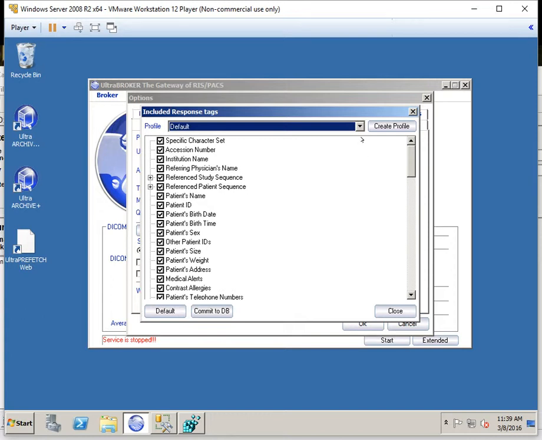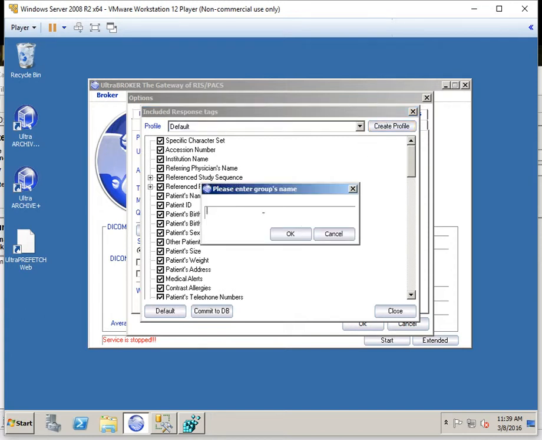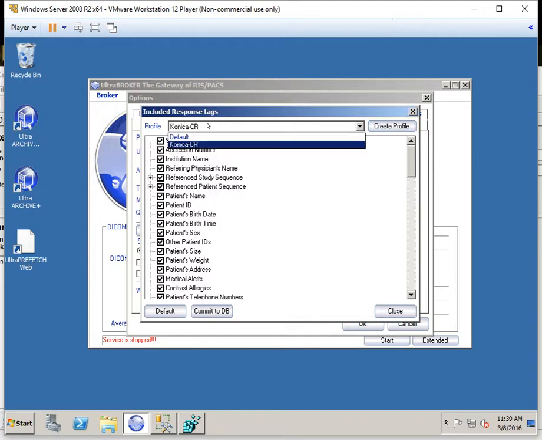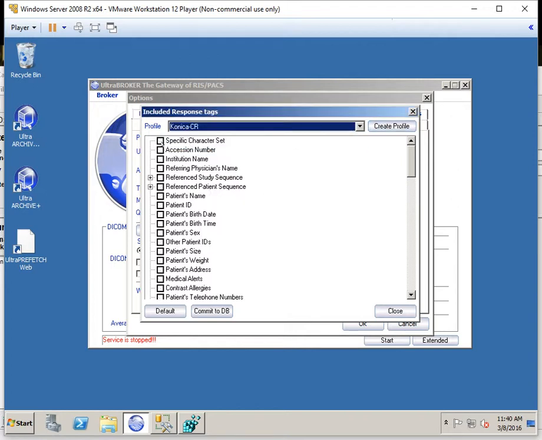But if you want to create a new profile for a new type of modality or a new vendor, you would click Create Profile. I usually name it based on the modality vendor that I'm creating it for. So let's say it's a Konica CR. So I have a new profile now for Konica CR, and I'm going to hit Default, which will select all